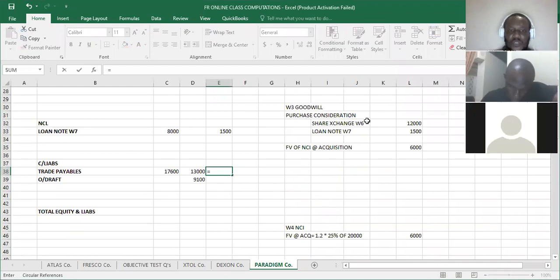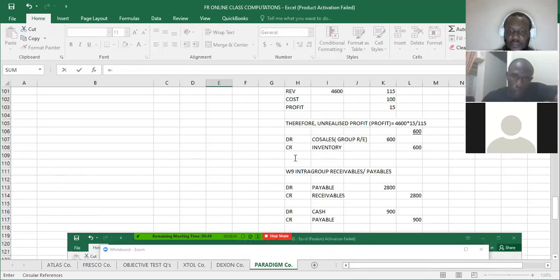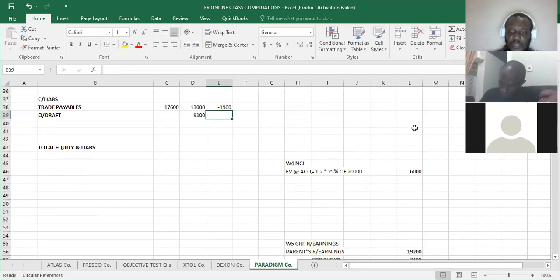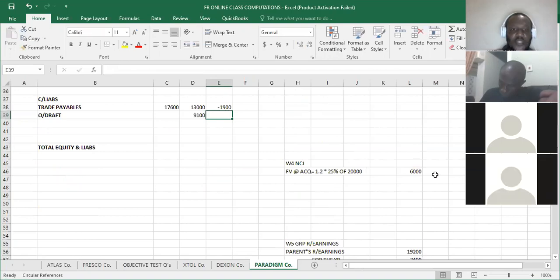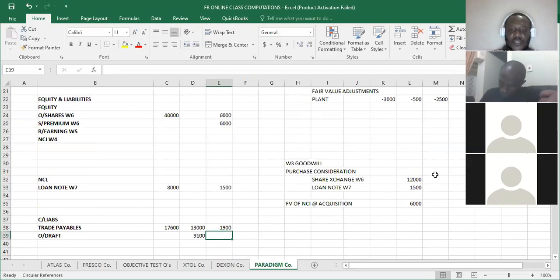So it's equal to minus 19. Minus this for payable, and then I can say plus this other one, so that it will just be 19 there. I think that will give us 19. So that's the minus 19, and then we'll go to our receivables now. So this is equal to